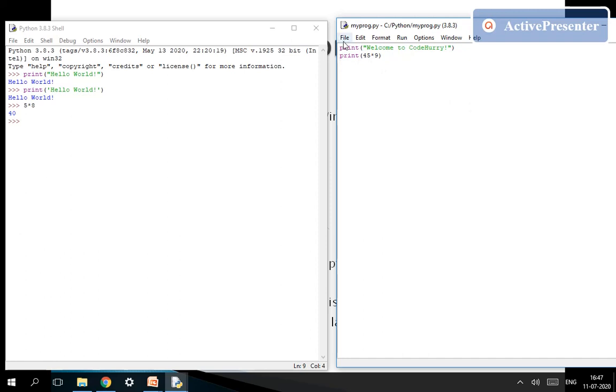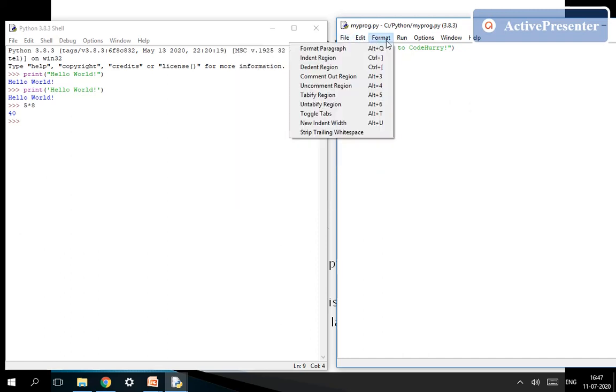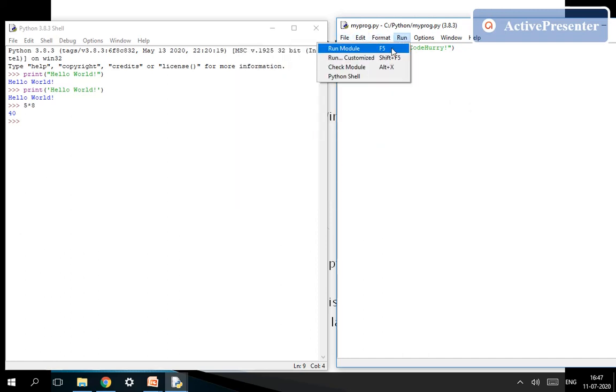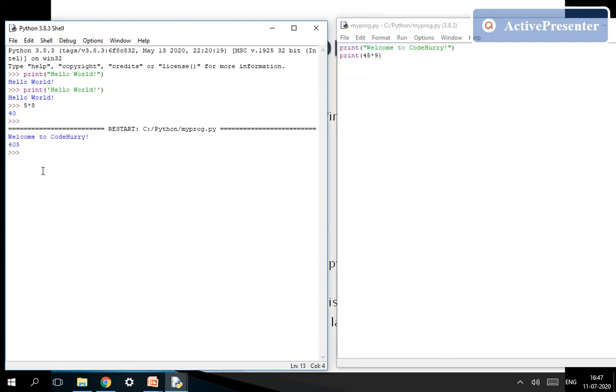Once we have saved the program, we can either run it using the run module option by clicking this option, or we can just press F5. To execute the program, I'll run this by clicking run module. See, here the output is displayed on the Python shell. So this is how we can do it.